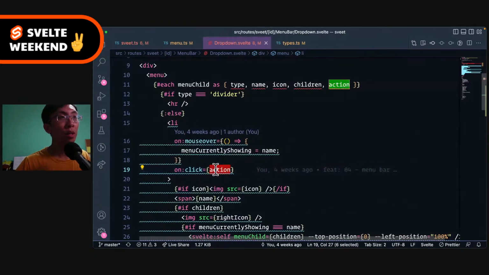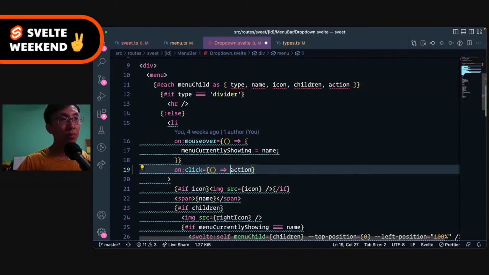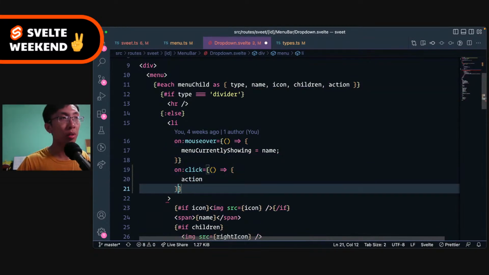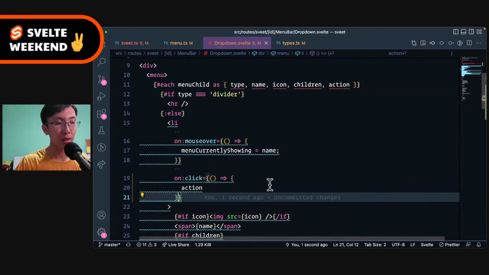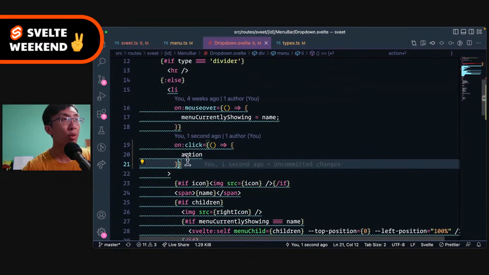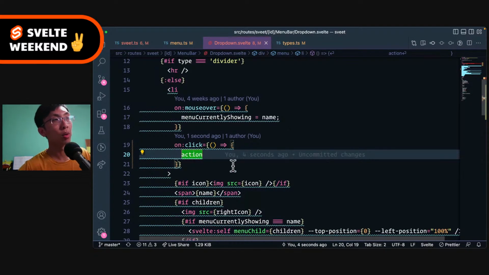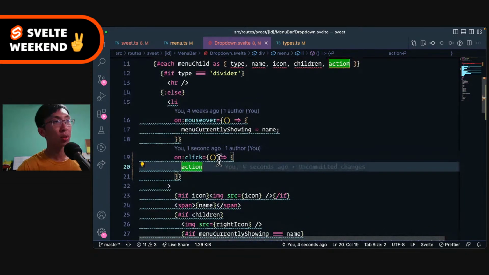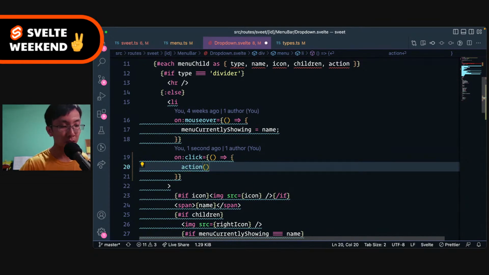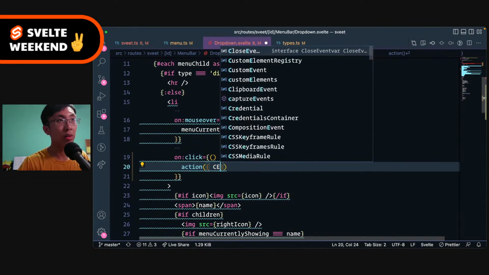Anyway, I think this action over here, we can't call this action directly, right? I will try to look at and see how we're gonna fix this type checking. But over here, on our click, we are gonna call action. But when we call action, we actually want to call the action based on the current cell that we are selecting, right? So here the cell,